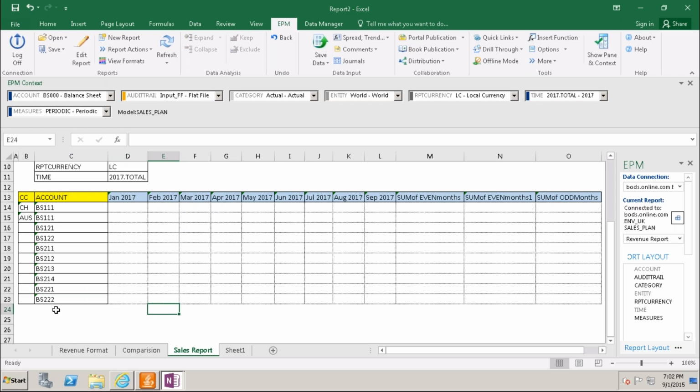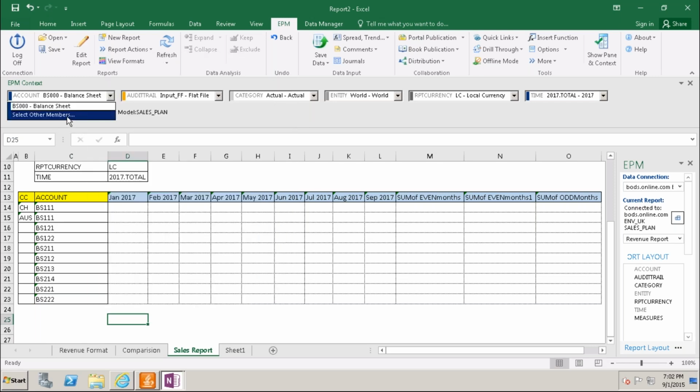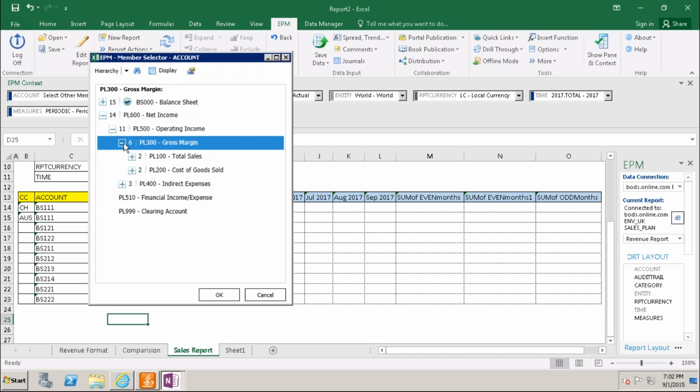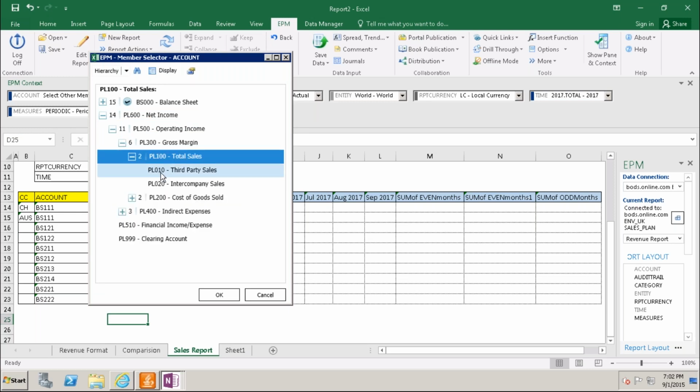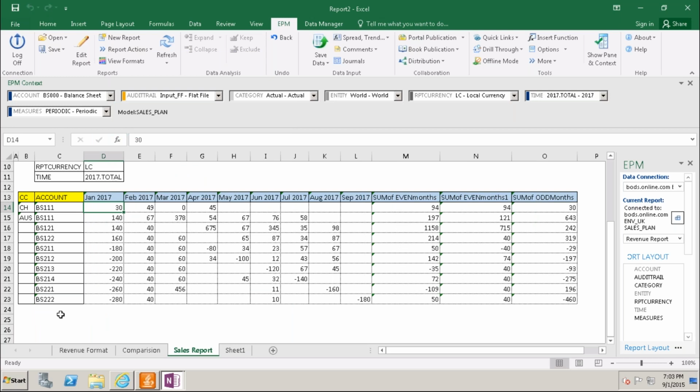Removing this, I am going to give here BS2, sorry, in PL I'm taking PL010. So automatically, what is the PL010?